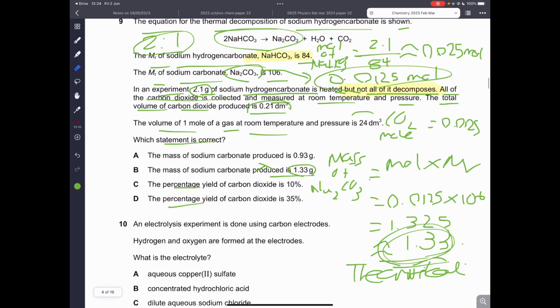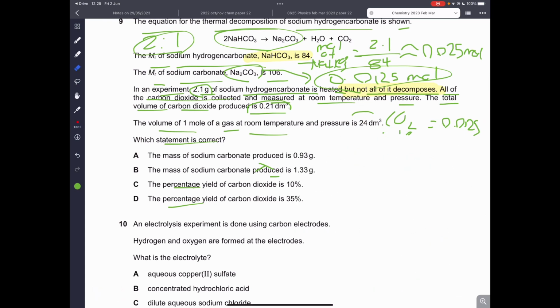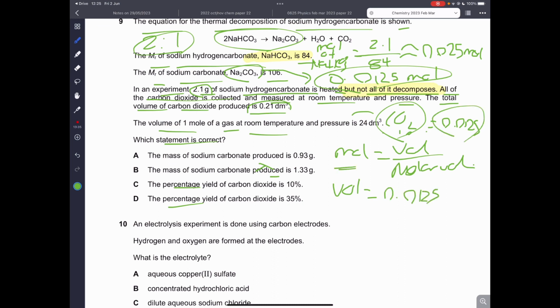Okay, now we have to find the theoretical yield of the carbon dioxide. So the theoretical yield, which is basically mole, is equal to volume over molar volume. We want to find the volume. The mole of carbon dioxide is 0.0125 mole, so we just switch up this equation. We are going to multiply that by the molar volume. Remember, the molar volume is always 24 dm cubed at room temperature and pressure. And when we multiply, we'll get